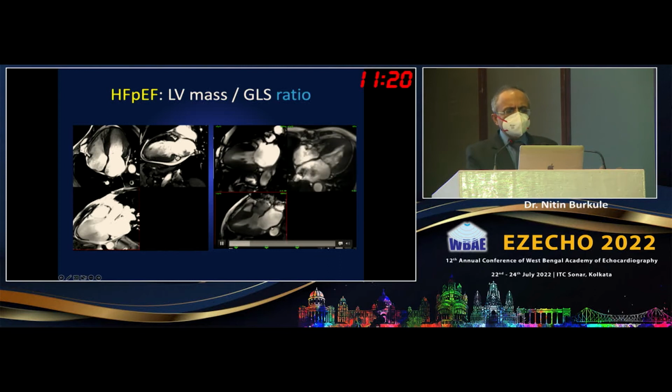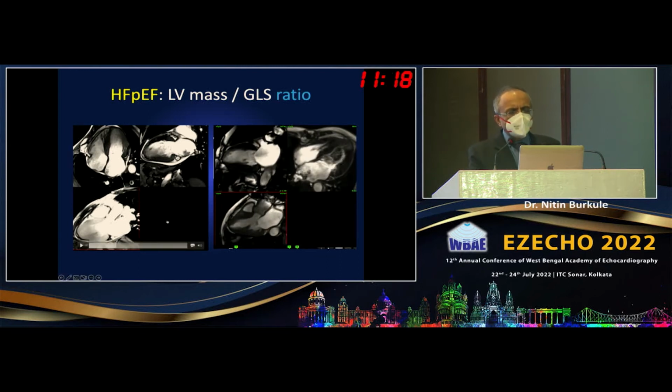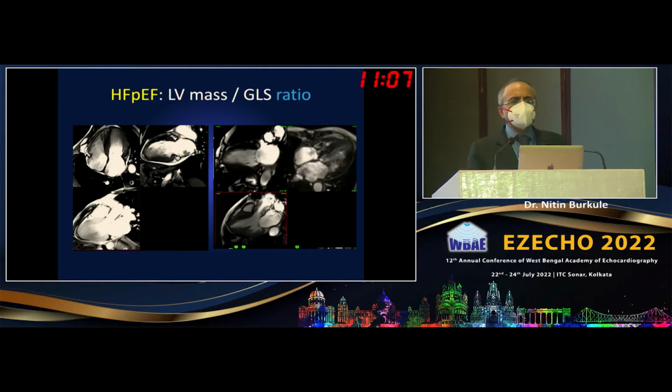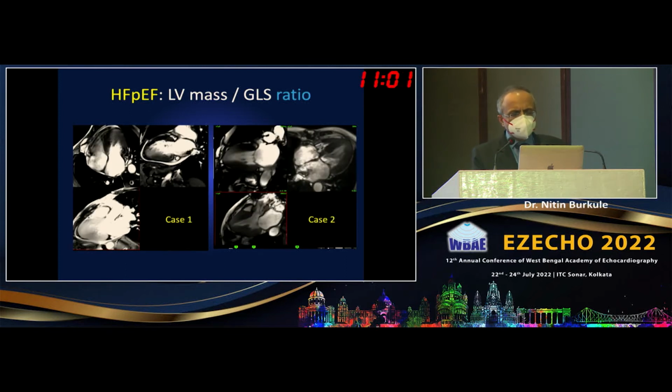You don't know which one is ATTR and which one is AL. But remember, one thing that is very interesting is that the ATTRs have very significant hypertrophy and fewer clinical symptoms, while the AL patients have less hypertrophy, but they are extremely sick heart failure patients. If you look at their mass to GLS ratio, in case 1 and case 2, in case 1,